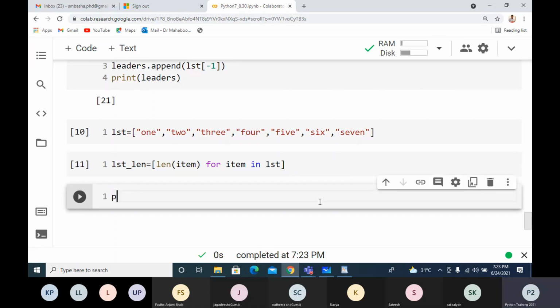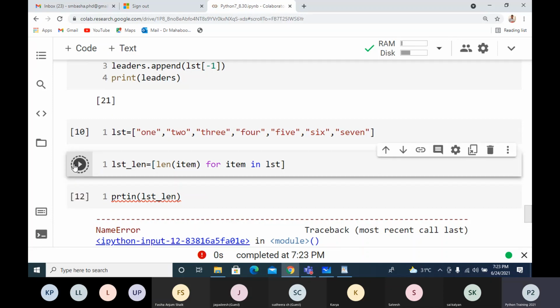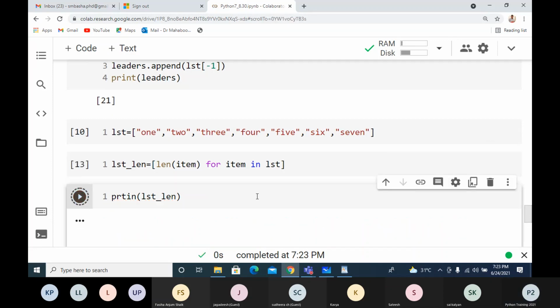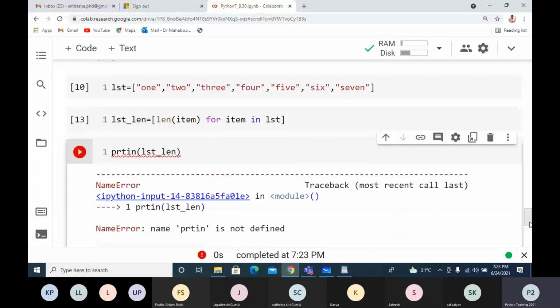So print LST_len. Sorry, spelling mistake here.